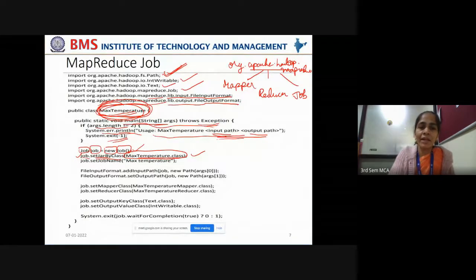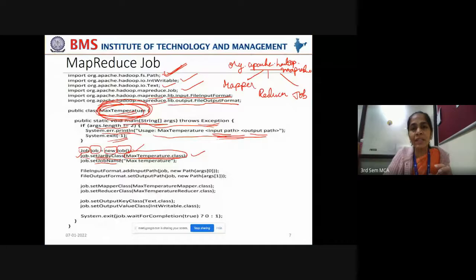Once it is set, again you have to invoke setJobName, because multiple jobs, multiple processing tasks, multiple analysis tasks are running on the HDFS cluster. You will find it difficult to monitor the progress of the jobs without having a unique identifier for each. And that identifier should be meaningful to indicate the purpose of running that MapReduce task.